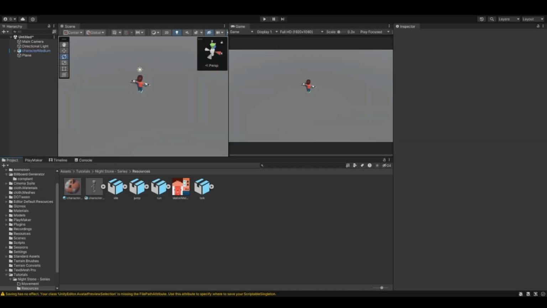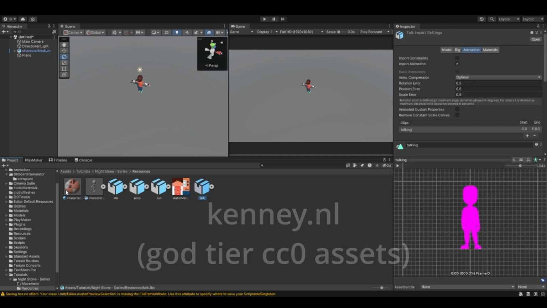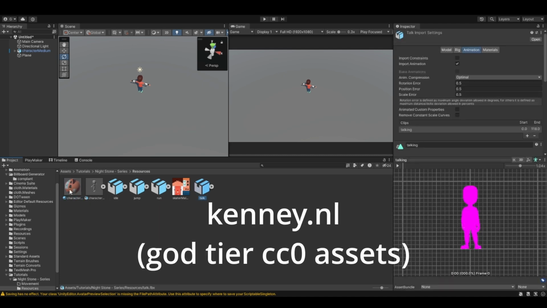In this tutorial series, we'll be looking at a game called Nightstorm, which is available on Steam, and we'll be trying to replicate something like that using Playmaker. So I have these assets from kenny.nl. I'll put a link for these assets in the description below,